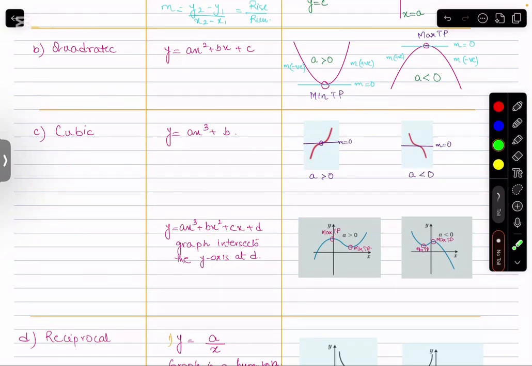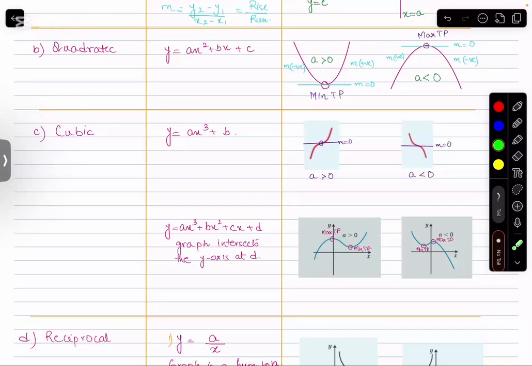So again a greater than 0. So this is the shape of the curve, of this cubic curve. First, it's the maximum turning point, then it comes down to minimum turning point, and then it goes up again. So here again, maximum या minimum turning point always gives us the gradient value, which is a 0. It's a horizontal line here. Here the gradient is positive, then a 0 at the maximum turning point. Then it comes down, therefore the gradient on this side becomes negative, then again a 0, and then goes up, gradient positive.